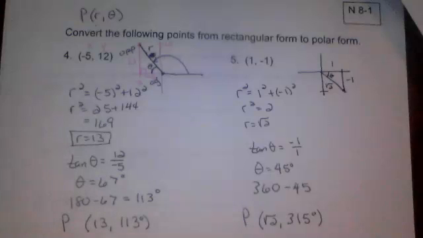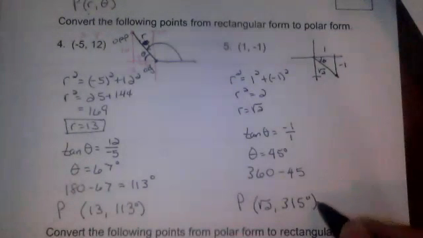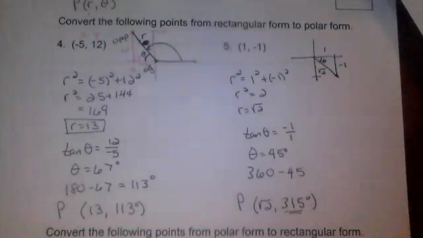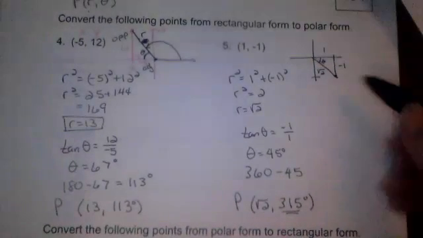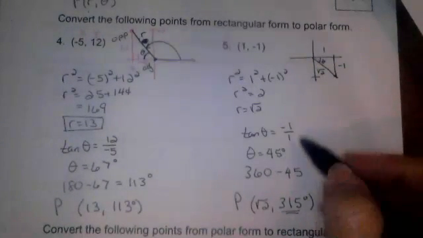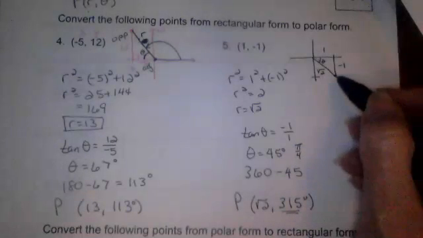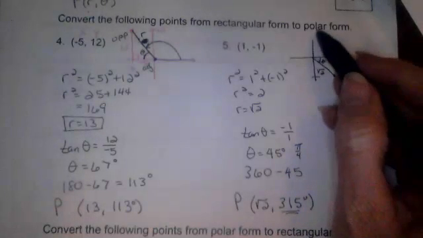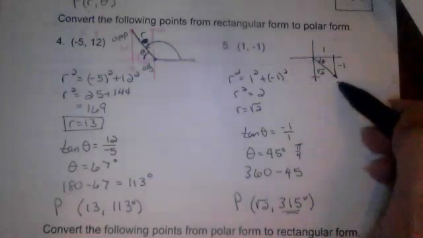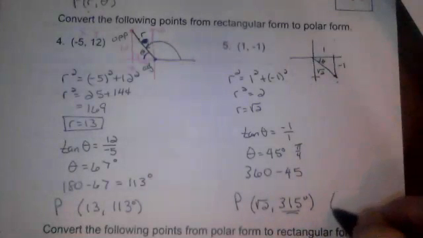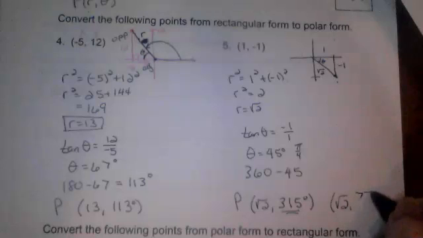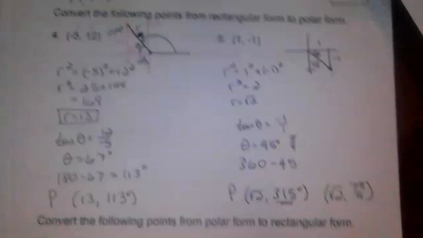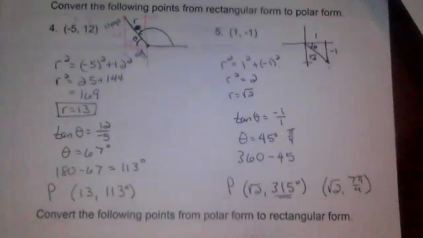Now this second one here would be a good example of us wanting to do this angle in radians instead of degrees. Remember that 45 degrees is pi fourths. So if we were here, this would be 1, 2, 3, 4, 5, 6, 7 pi fourths. So we could write this as square root of 2, 7 pi fourths in radian measure. So it should specify whether they want radians or degrees, but